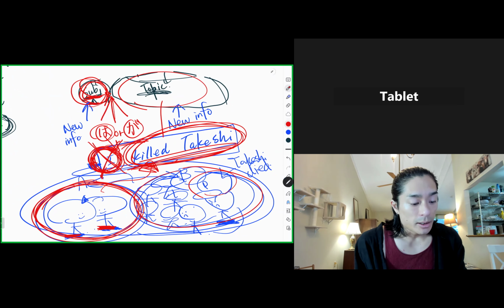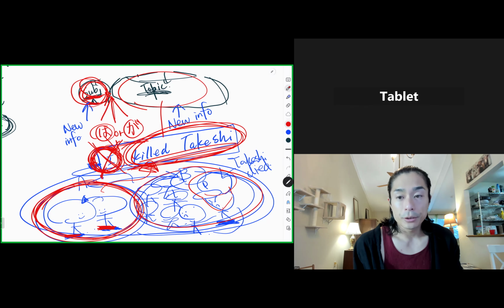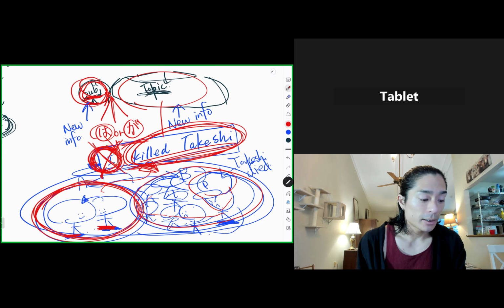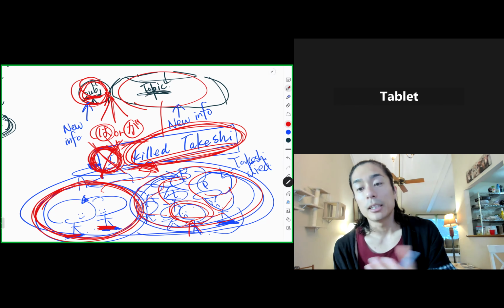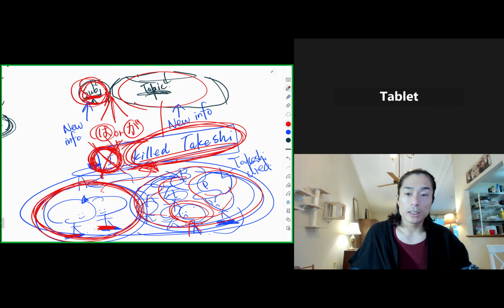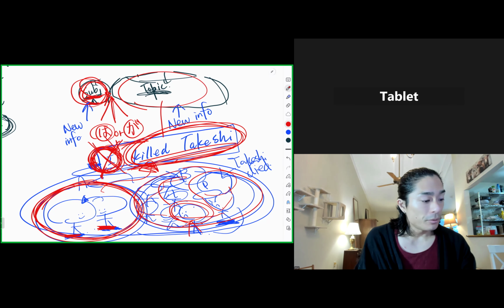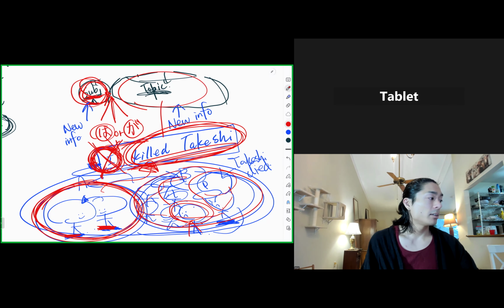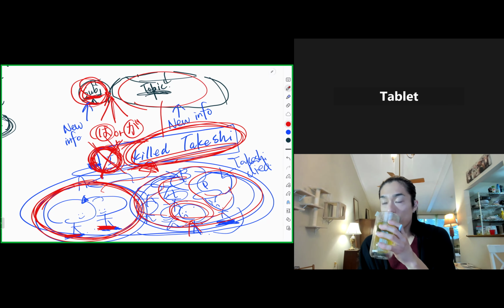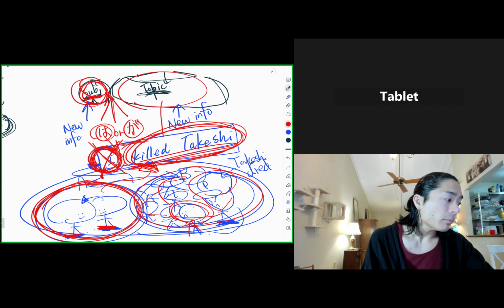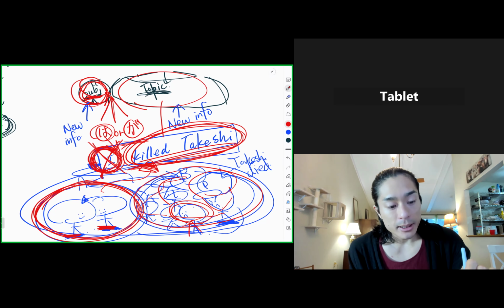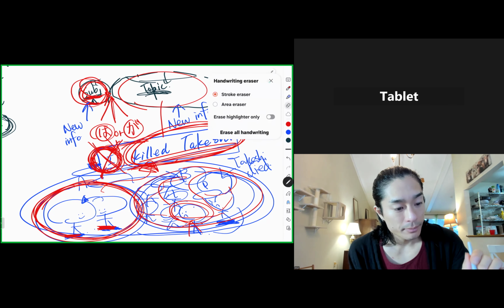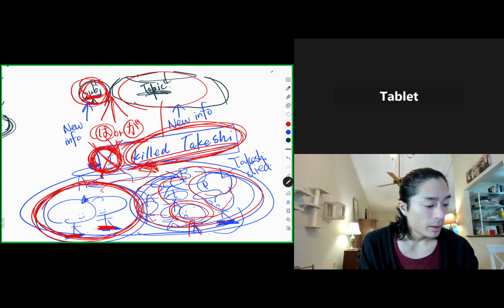Police already knows Takeshi is killed. What they don't know is who. That's why they're asking. And then finally, you confess by saying, hey, I killed Takeshi. I mean, I already kind of said it in a different tone, right? In English, we can change tone to have an emphasis on a specific side or word. So here, I'm sorry, I'm really messy. I am a messy person, so bear with me. Okay, so